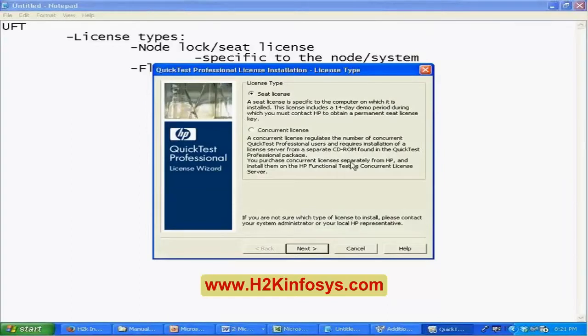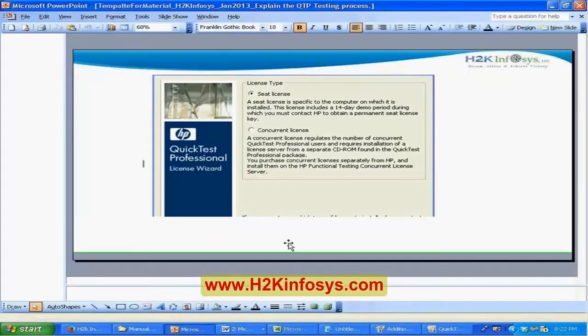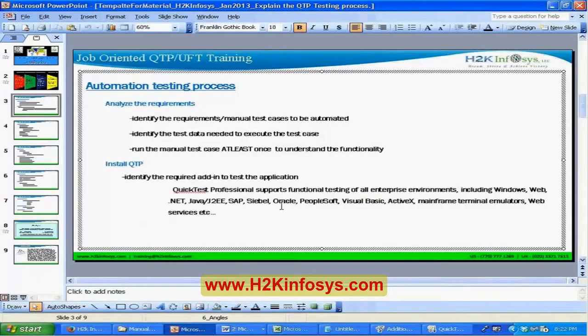Okay. So there are two licensing types that will be used. Once you install this QTP, you're going to select that install, and you select the license at the end of this installation. So installation has two steps. First, you need to identify the required add-ins with the help of the development team. And the second step is, if you don't have information on what license you're using, either you can talk to,